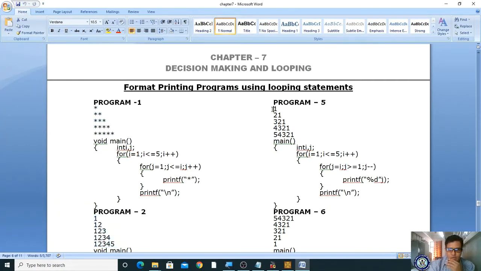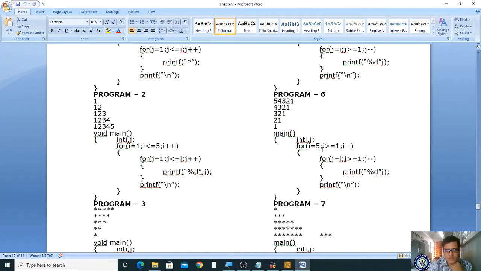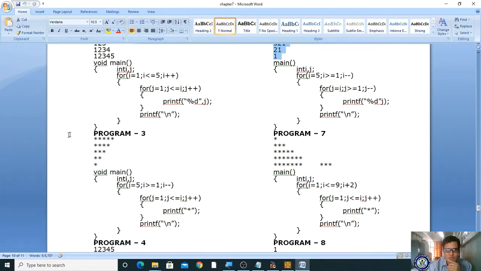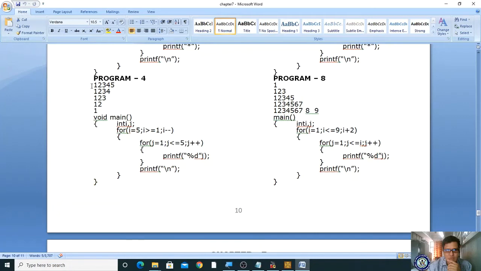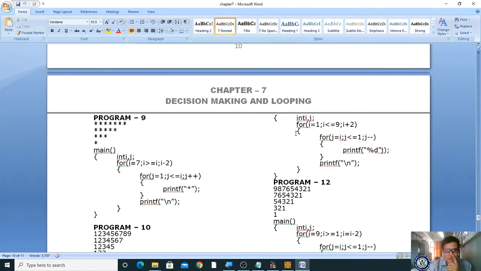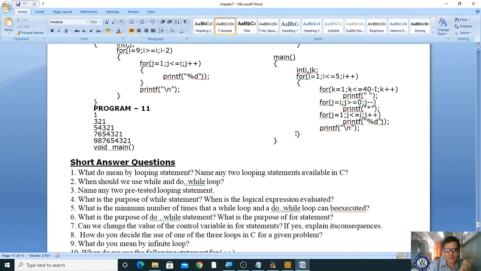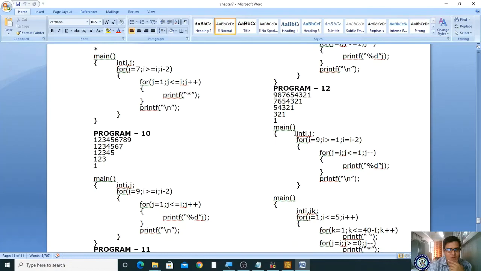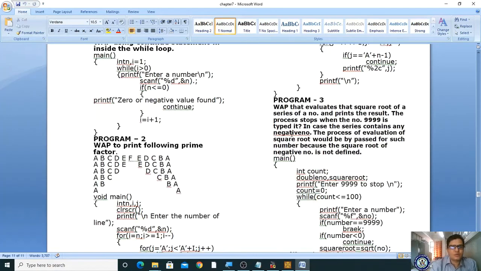For example, you can try this program: 1; 2 1; 3 2 1; 4 3 2 1; 5 4 3 2 1. You can try this also, and this also. Likewise, you can try your own formats.